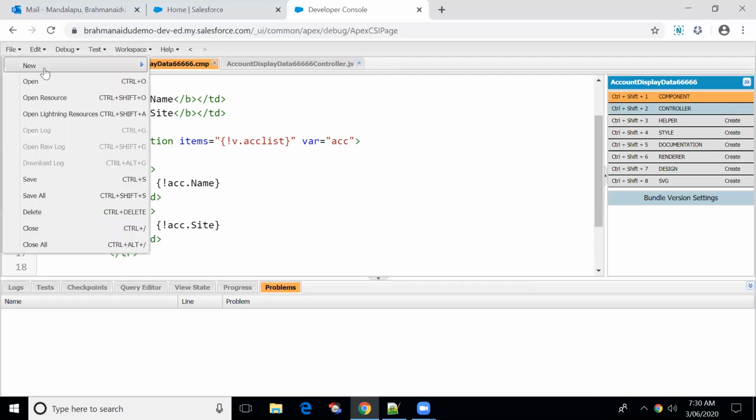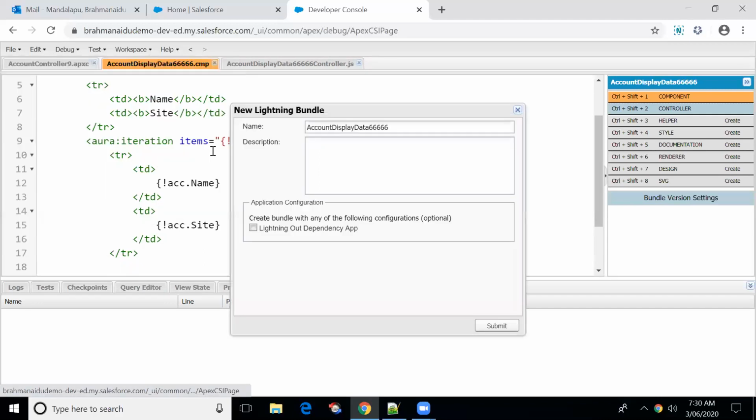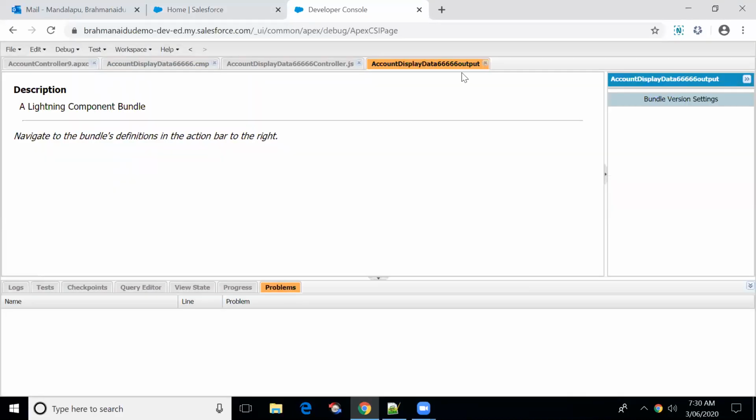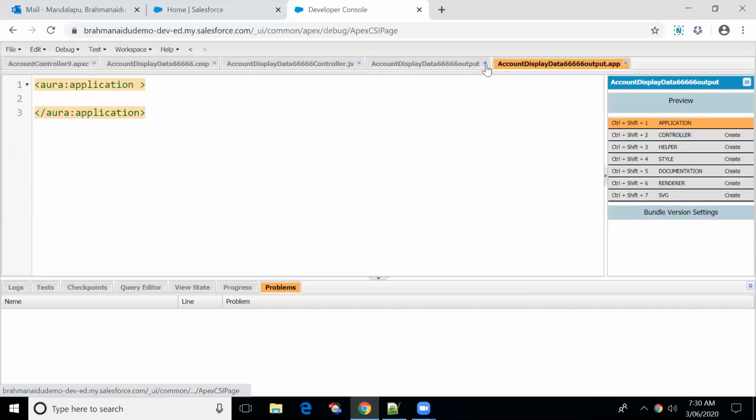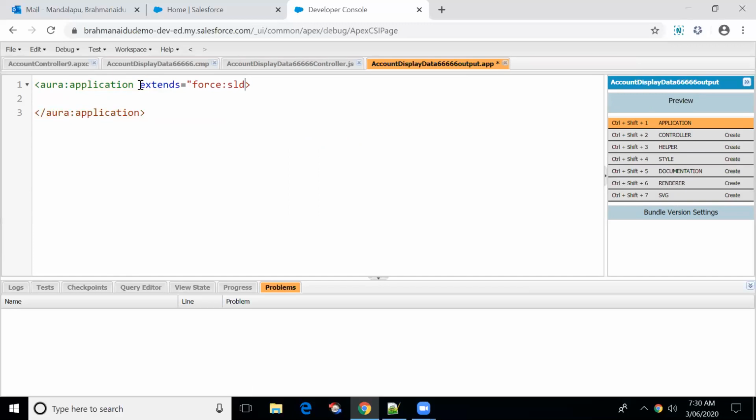Okay, so let me create an application. Extends equal to force:slds. So what does it do in Salesforce Lightning? It gives the Lightning UI.